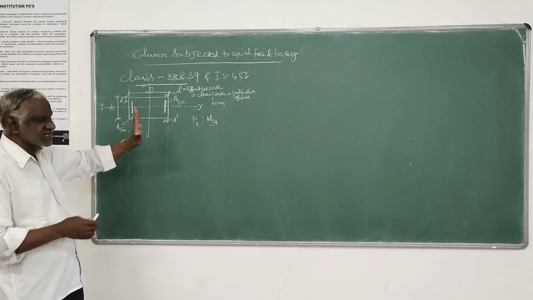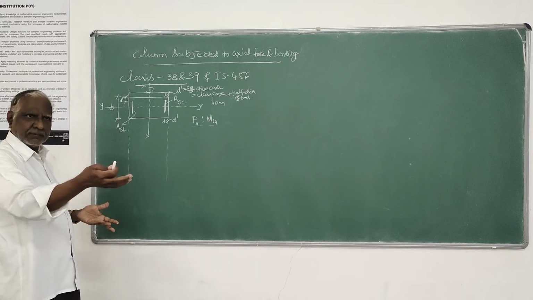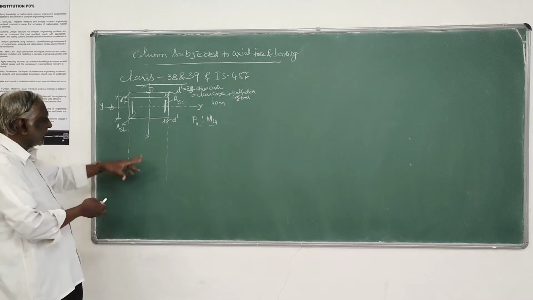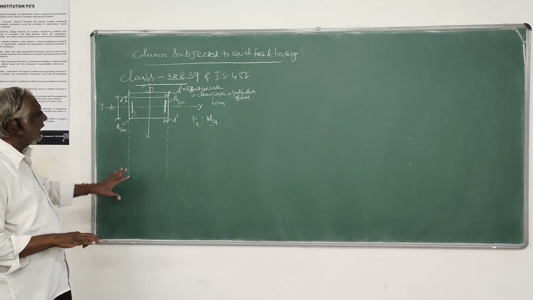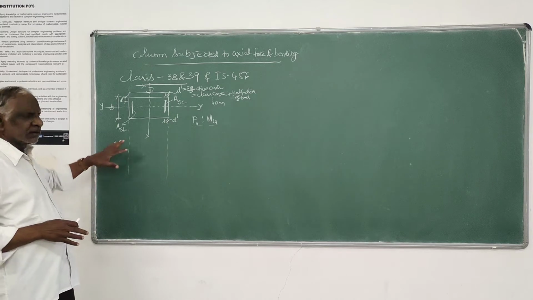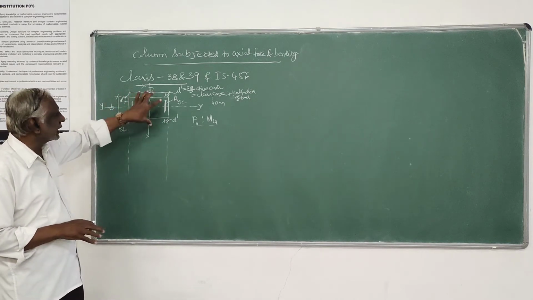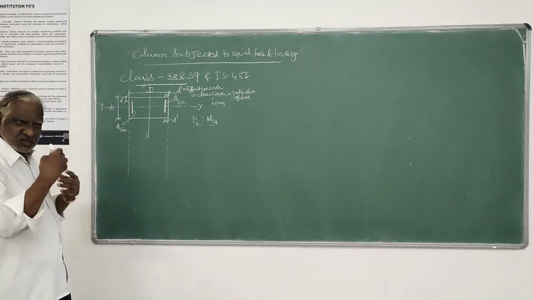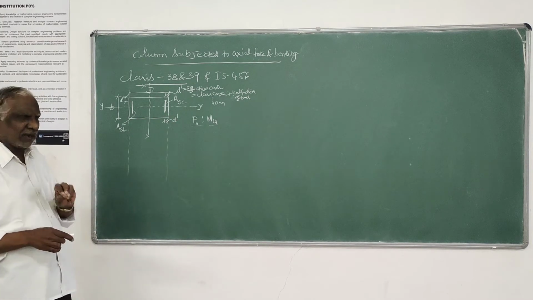When the neutral axis on account of bending lies within the section, that is similar to flexure, what is the strain distribution, and what maximum strain and stress develop? Also, when the neutral axis goes outside the section, how do the strain and stress distribute across the cross section of the column? I want to discuss both. Though you already know this from flexure design, I want to spend some time on it.